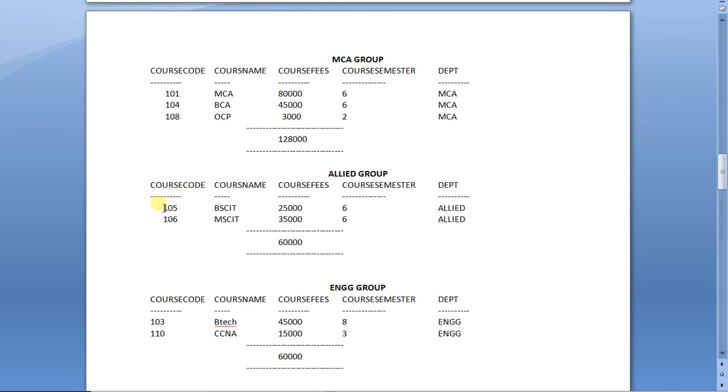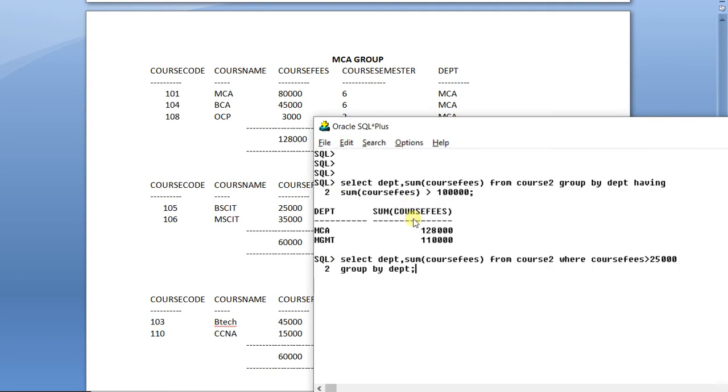So what does the where clause do? The where clause stops the record from going into a group. And what does having do? Having stops a group result from going into the output. Let us first see the answer.